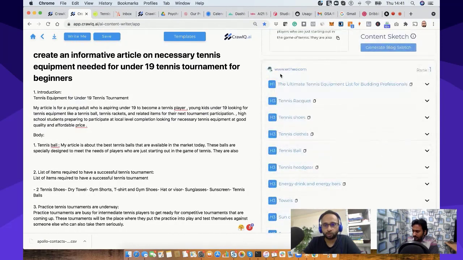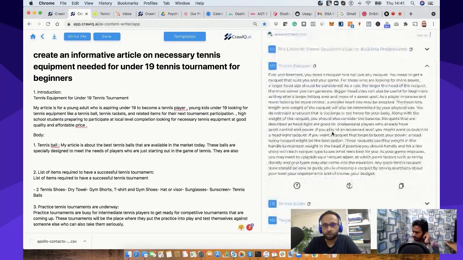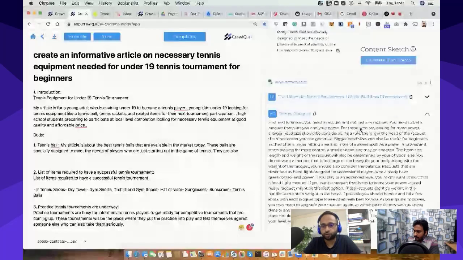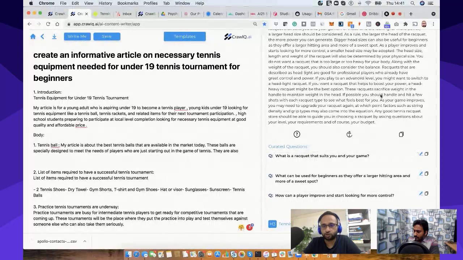You can go to all the competitors' SERP results, so tennis racket. Now, what is happening here is you're not going to use this content directly. You're going to convert them into questions, and then those questions you can answer in the context of market research. You're also getting some initial score here, like 69, which is already quite good, which is connected with our market research. You can keep improving this market research score, but you can also keep improving your SEO score because you are converting this into questions, and then you're asking answers